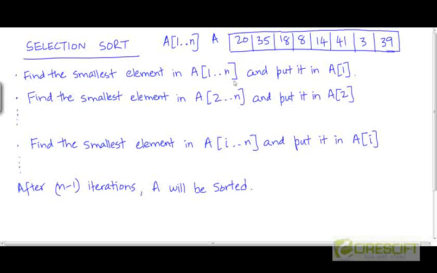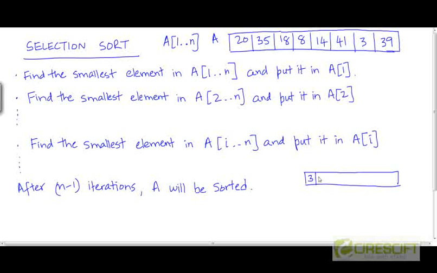Then let me just denote that visually here. So in this array A, for example, the smallest element is this element 3 over here, and we're going to put 3 in the very first position. So what we'll do is we'll swap 3 with 20. So 3 will appear in the very first position, and 20 will be